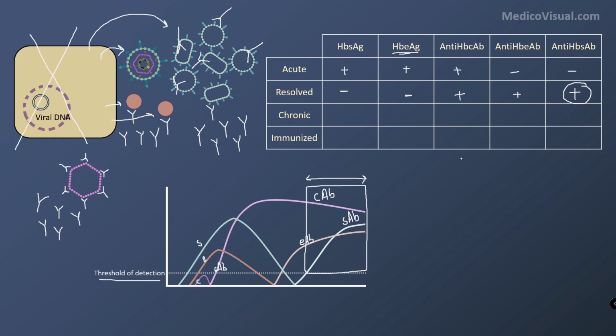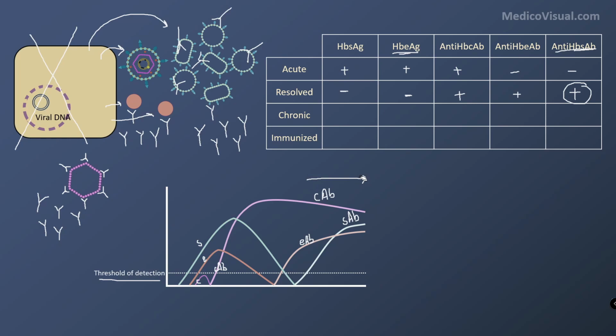Why so? Because it is the only antibody that is protective. If anti-surface antibody is present, it means that if a virus comes into plasma, surface antibody will quickly attach with it, and it will prevent it from entering any hepatocyte. Clear? So whenever anti-surface antibody is positive, it's very good news for the patient and for you as a treating doctor, because it means that infection is starting to resolve, or it has been resolved, right?